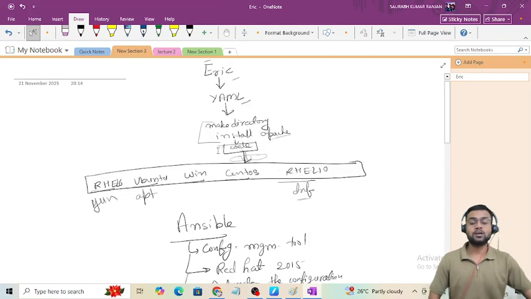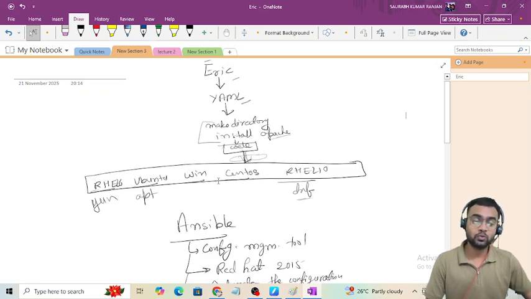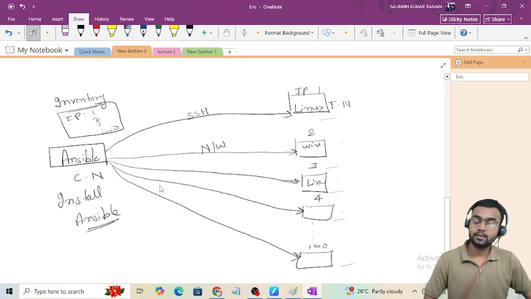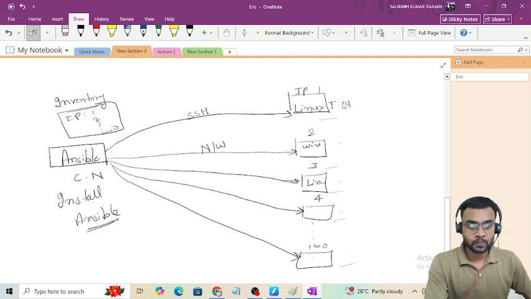Now you can ask how this code will know on which system it has to go. So for that, Ansible needs the IP address of the server or system,